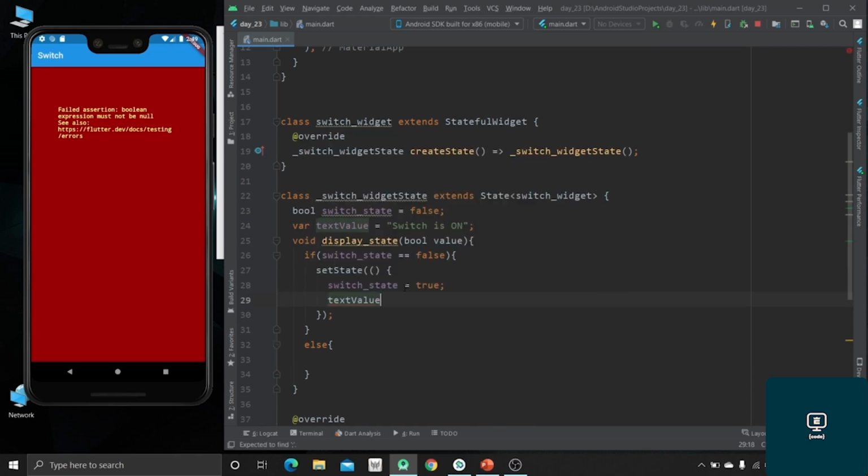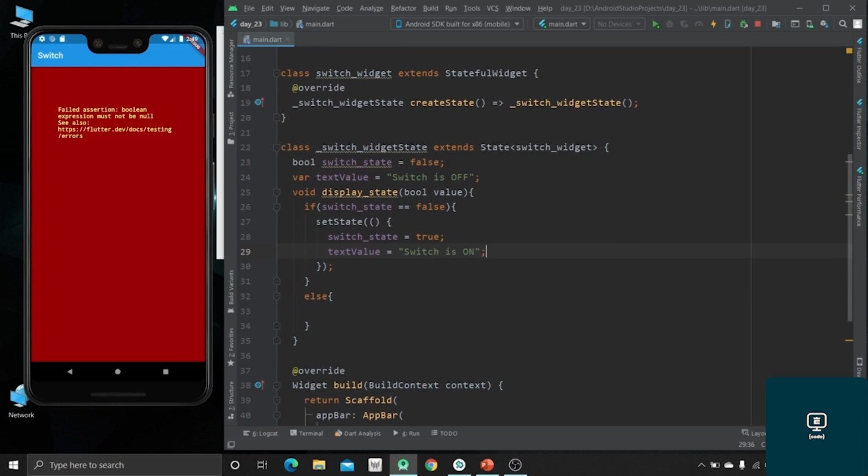And again we have to change the string of the text, that when switch state is false then the statement should be switch is off, and when the switch state is true then the statement should be switch is on. So just going to do the same in the else state,